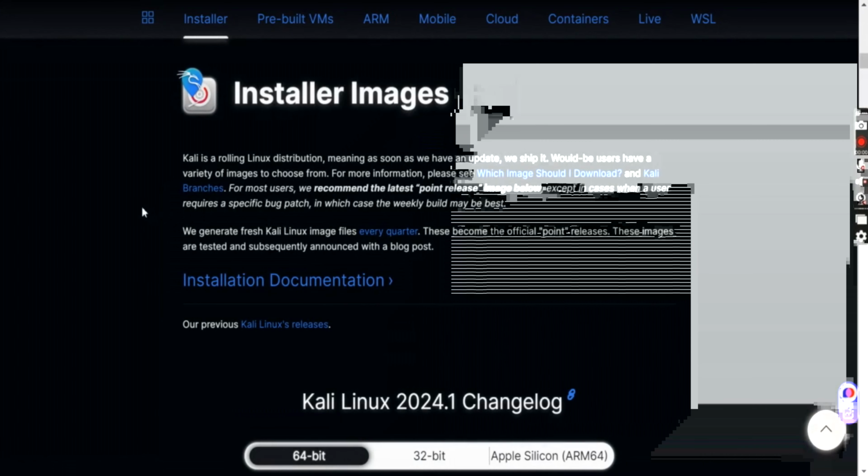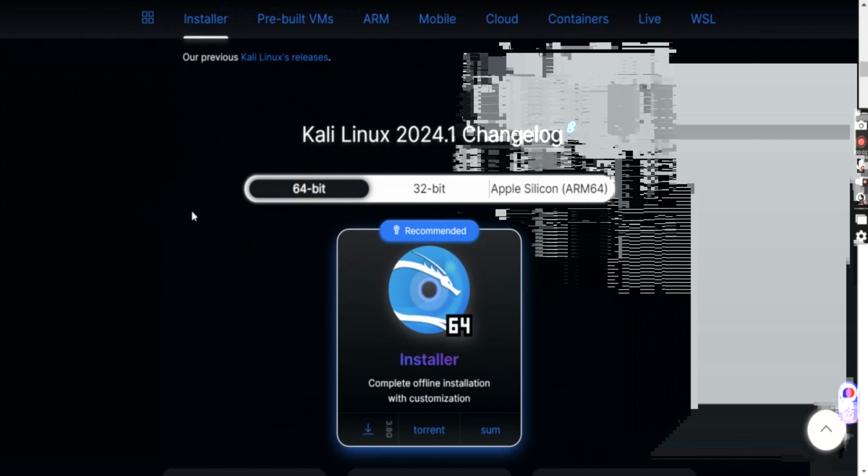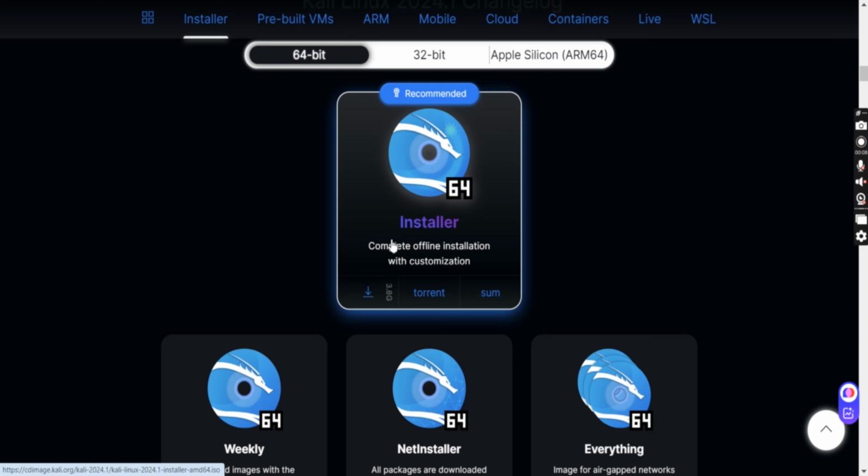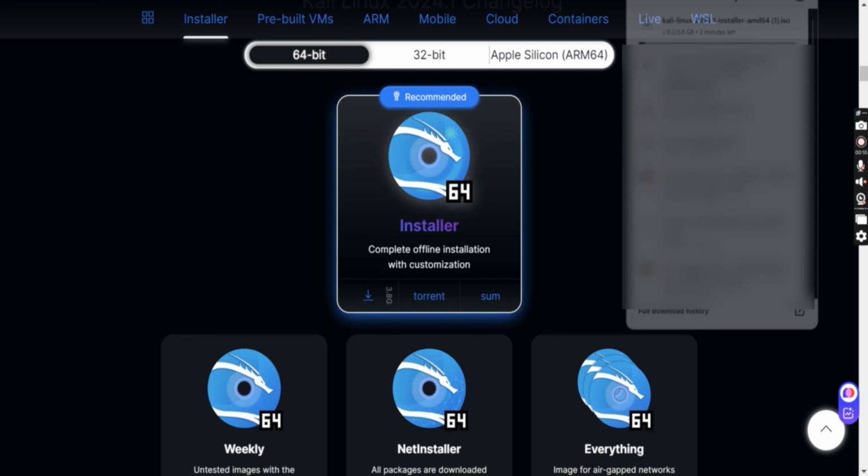Now we head to the installer images section and download installer. And once you click on it, it should open up your file folder and locate you to where it was